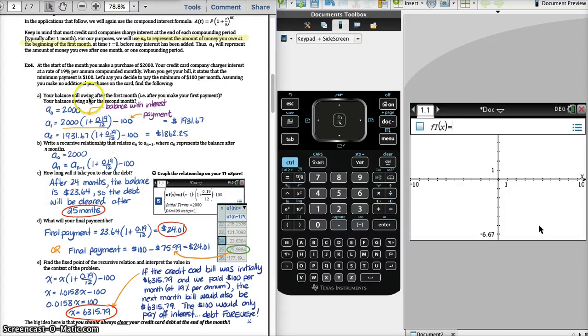to use your calculator. So the question says, at the start of the month, you make a purchase of $2,000. Your credit card company charges interest at a rate of 19% per annum compounded monthly. When you get your bill, it states that the minimum payment is $100. You decide to pay the minimum only, so you can only pay $100 per month. You don't want to pay any more than that, and you can't pay any less. So assuming you make no additional purchases on the card, just that one time only $2,000 purchase, then we need